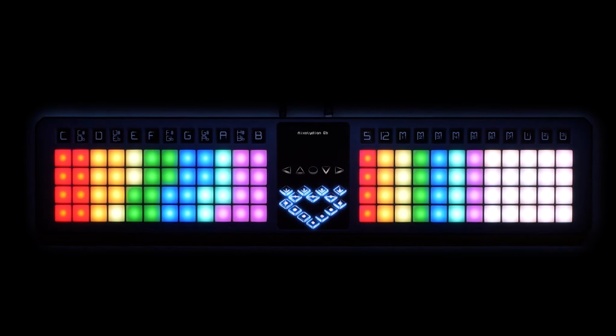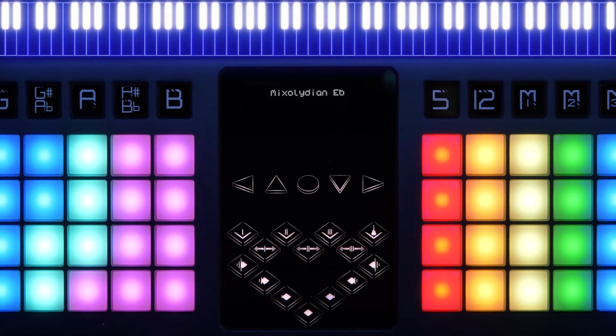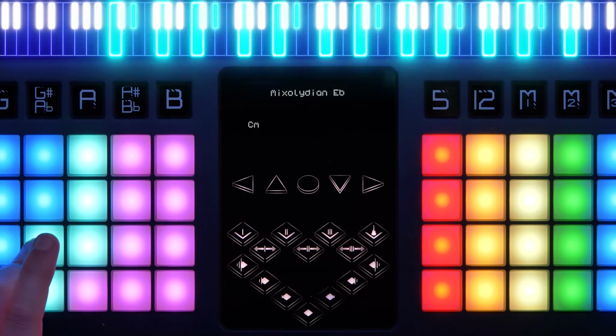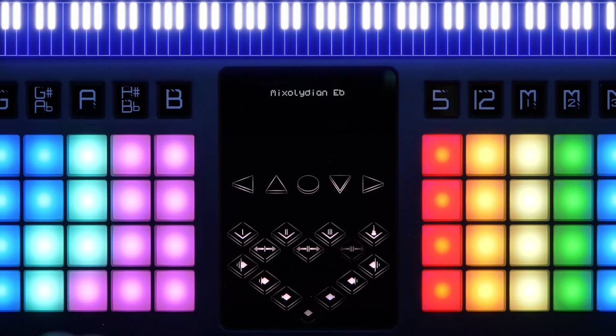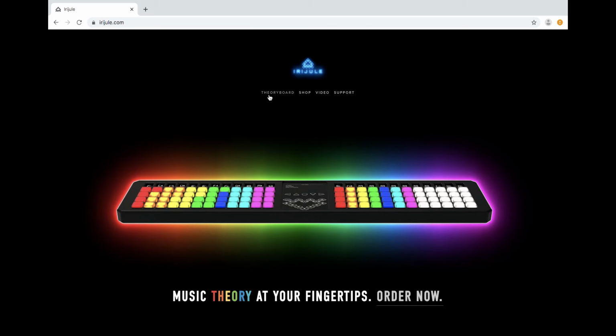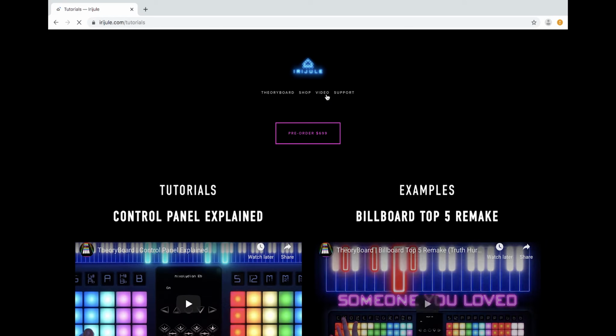The control panel allows you to manipulate chords in every possible way. This includes raising and lowering octaves, as well as stacking them, spreading them out, or voicing them any way that you want. There's also a guitar voicing function that automatically maps the notes the way that they would be on a 6-string guitar. But there's another full video on this topic, so go and check that out if you want